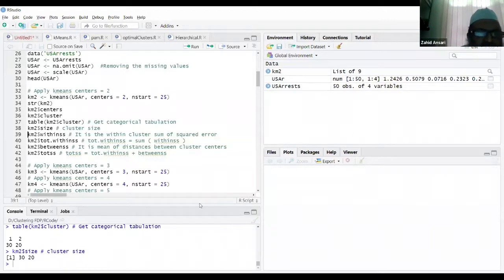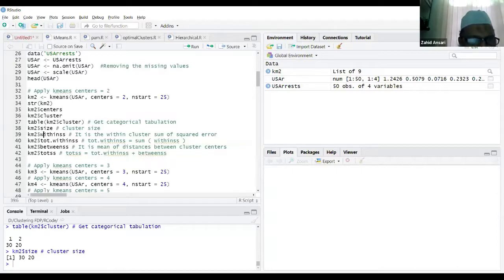Now comes the various kinds of errors. If you recall, I have discussed with you that the objective function for k-means clustering is that we want to minimize the sum of the squared errors, right? So there is withinss, the sum of the squared error within each of the clusters.